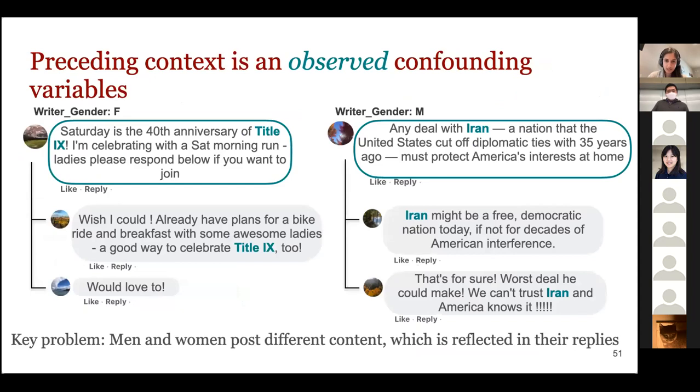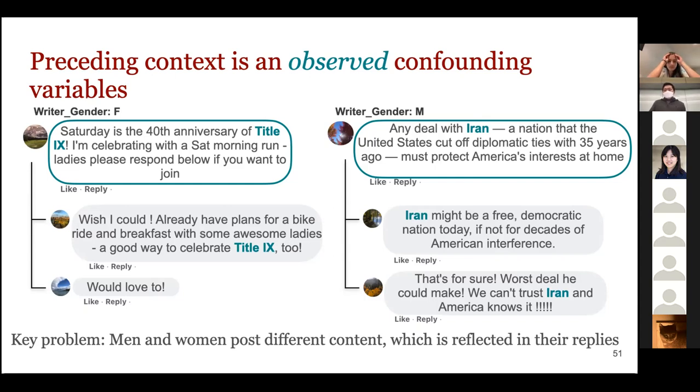The second variable that we want to control for is the surrounding context of comments. To understand why this is a confounding variable in our model, these comments are likely to contain references to posts made before them. And so there are elements of these comments that are caused by the preceding context and that are not caused by the gender of the person that they're addressed towards.